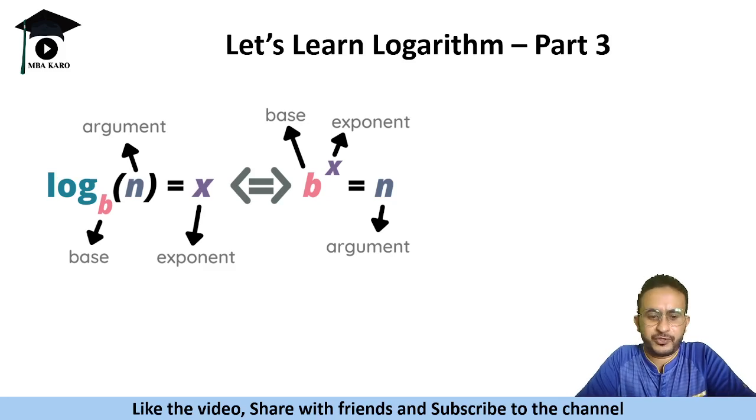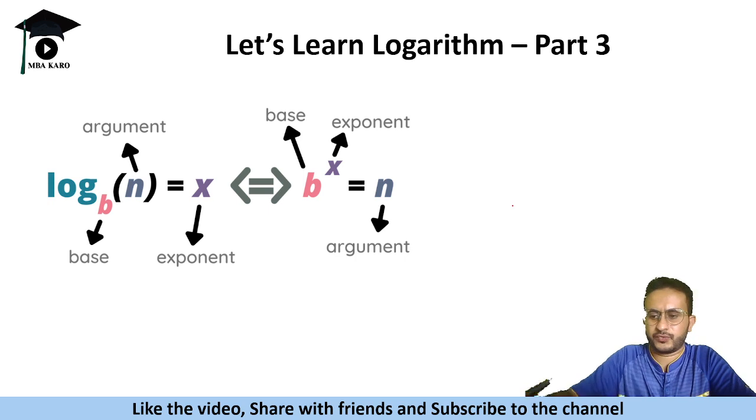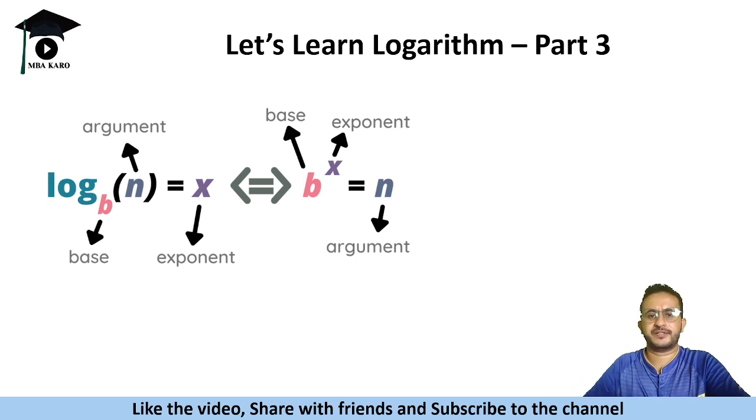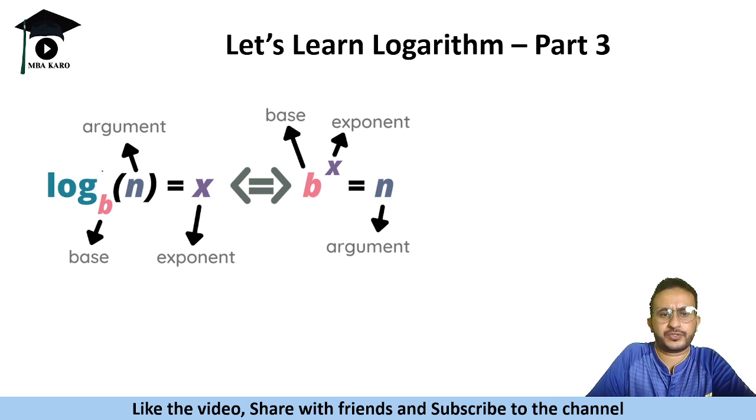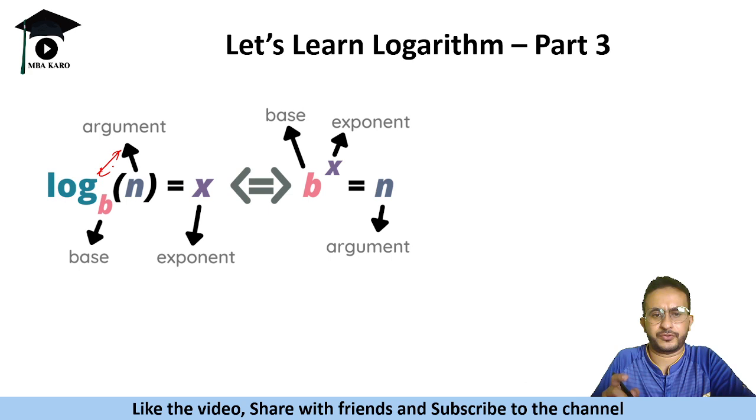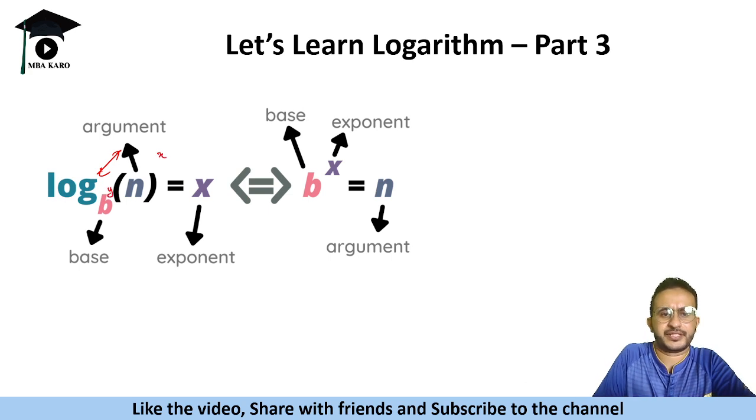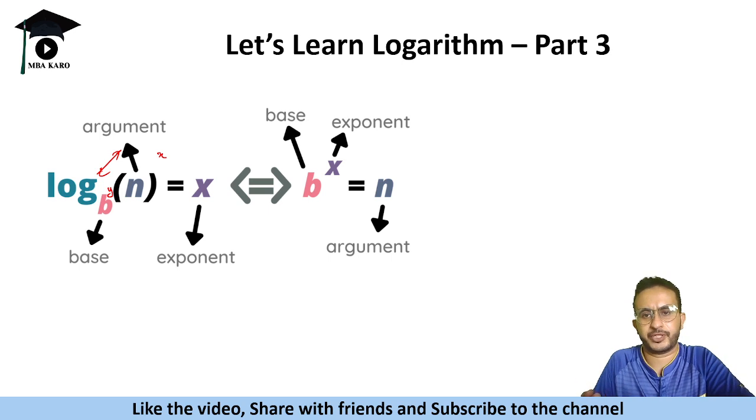In this video series for logarithm, this is the third part. If you have not watched the first two parts, please do watch them. In the first part, we discussed what is base, what is argument, what is exponent, and what happens if we switch these base and arguments among themselves. If we take the reciprocal, how do we get the negative power? That was related to the first video. In the second video, we talked about powers. Let us say if we raise this to power x or to some power, what happens to the exponent? In this video, we are going to discuss a couple of properties, which is addition and subtraction in